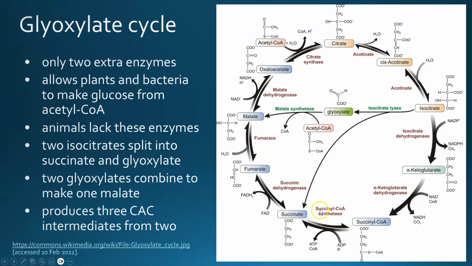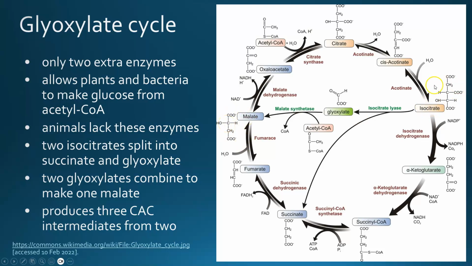So you have bypassed the 2 steps of the citric acid cycle that liberate carbon dioxide. If you do that twice, now you have 2 2-carbon molecules, 2 glyoxylates, and you could hook those 2 glyoxylates together to make a malate. Typically, however, malate does not use 2 glyoxylates, but it uses 1 glyoxylate and another acetyl coenzyme A, which is a different 2-carbon source. But you take 2 2-carbon molecules and make this 4-carbon malate out of it.